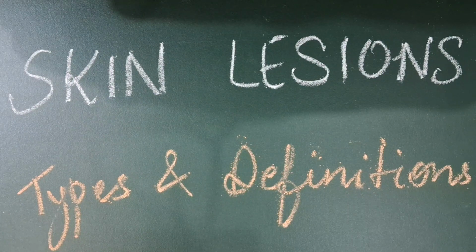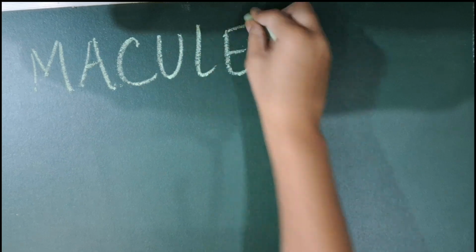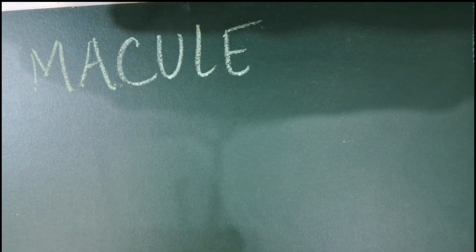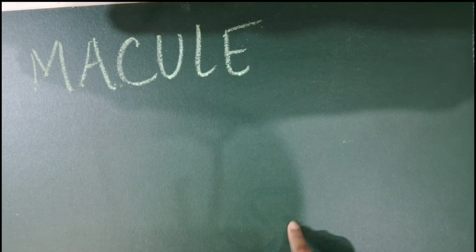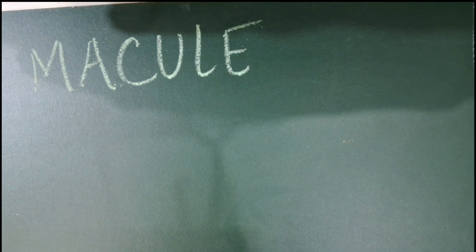Today we're going to study various types of skin lesions and their definitions. First one is macule. Macules are well circumscribed, flat, discolored lesions. They do not involve any change in the texture or thickness of the skin. The texture and thickness are normal, the lesion is flat. The only noticeable thing is a color change, maybe due to deposition of some pigment like hemosiderin. Next up we have